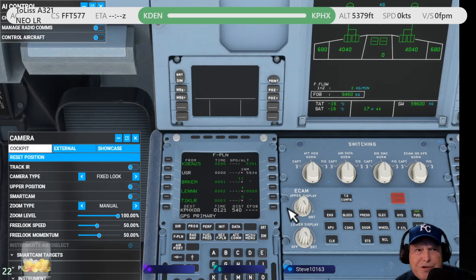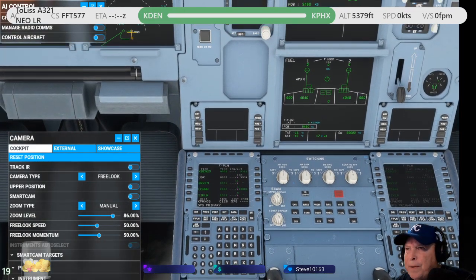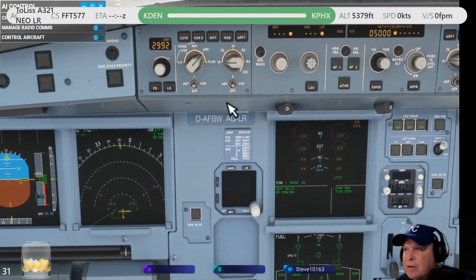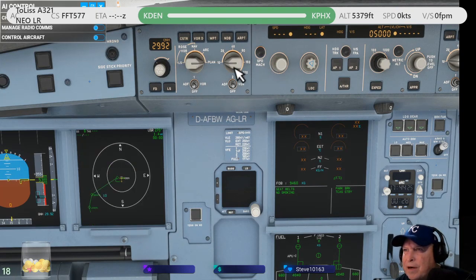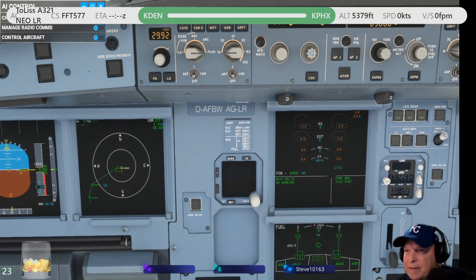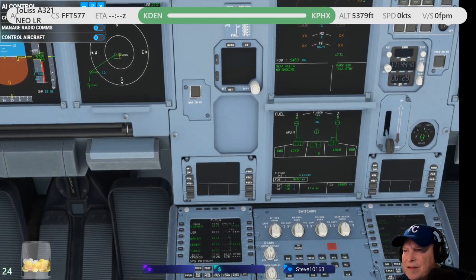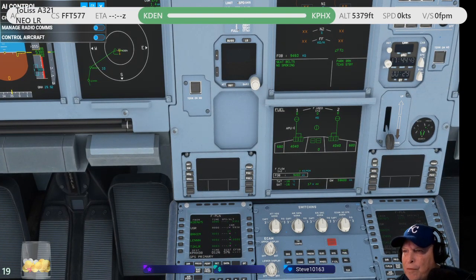Remember, after you put this stuff in, you want to go up here on the planning page. Let me get rid of that guy. So we want the planning page right there. And it would be nice if, like on X-Plane, these would pop out and get bigger for you, but it doesn't look like that's going to happen. So let's kind of look at this. If you scroll through the legs on the planning screen, it'll go to all the fixes. And that way you can check your charts and make sure that